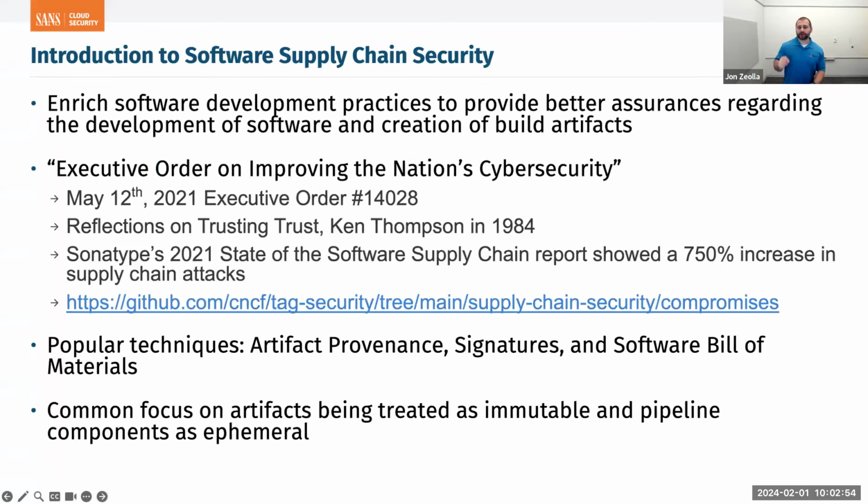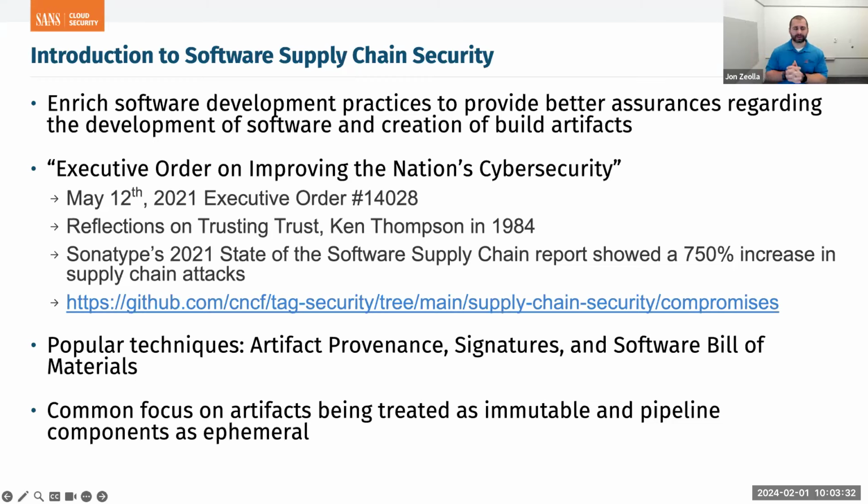So, a very brief introduction to software supply chain security. What is the topic that we're covering today? Well, software supply chain security is methods to enrich software development practices, right? The goal here is to add on top of traditional software development practices to provide better assurance, to be able to prove to other parties that the development of the software and the creation of the artifacts, those packages, the containers, was done securely and that they have maintained integrity, right?